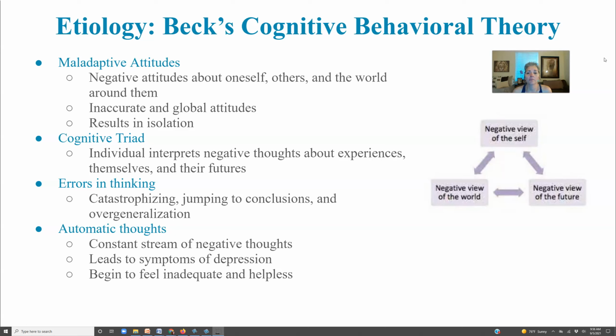Instead of looking at it as one test, it's, I'm going to fail. I'm going to fail psych, I'm going to fail out of school, that kind of thing. We also jump to conclusions. We make assumptions that aren't healthy. We interpret things negatively, so those assumptions are also often negative, I should say. And again, we overgeneralize. We have these automatic thoughts where our consciousness is just constantly filled with negative thinking, and